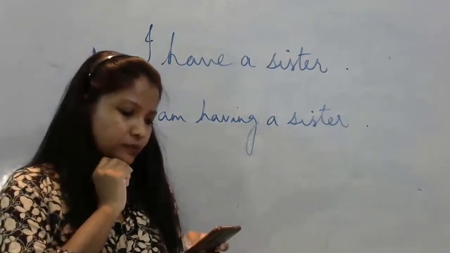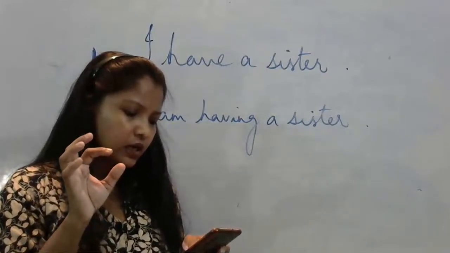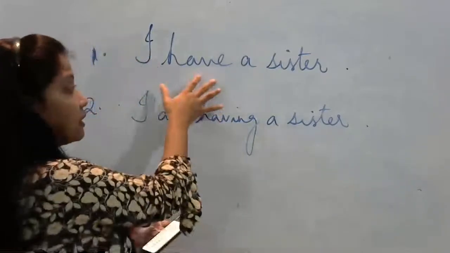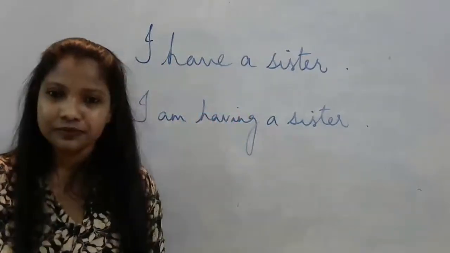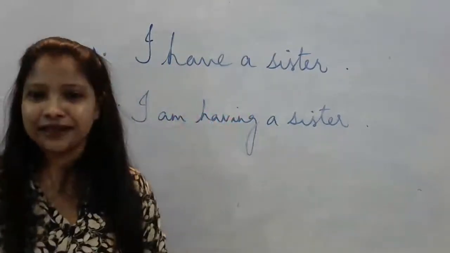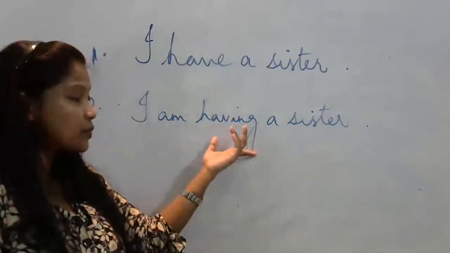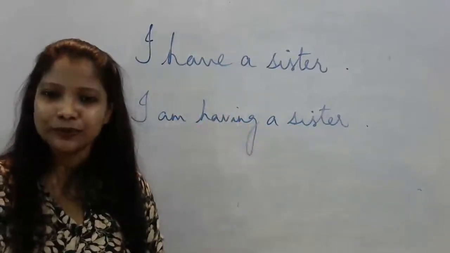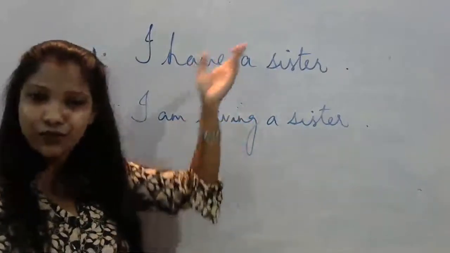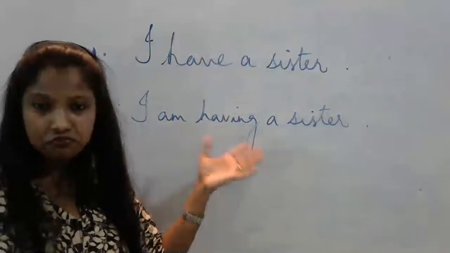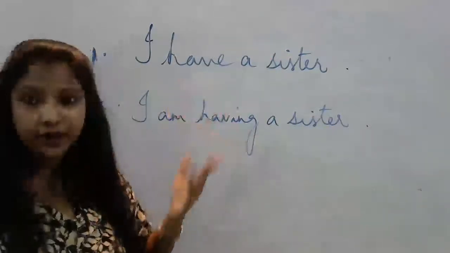Acha, this, Sharavara Samal, because it is simple present. I agree, it is in simple present, but why not this? It is in present continuous, so what's the problem? This is in simple present, this is in present continuous, so why is this correct and this is not? Or maybe both are correct.